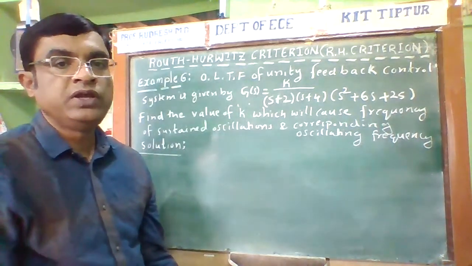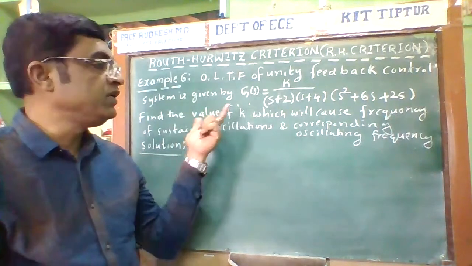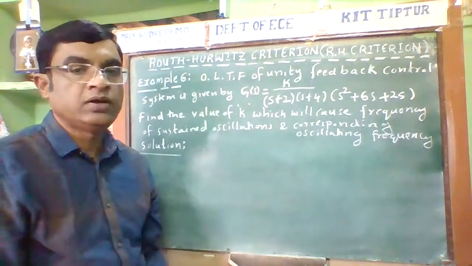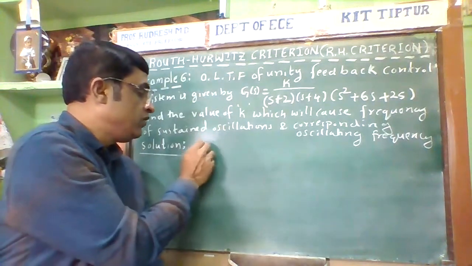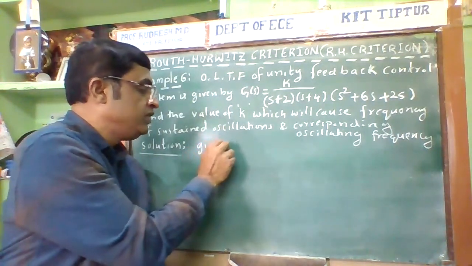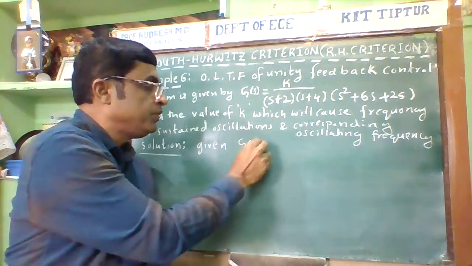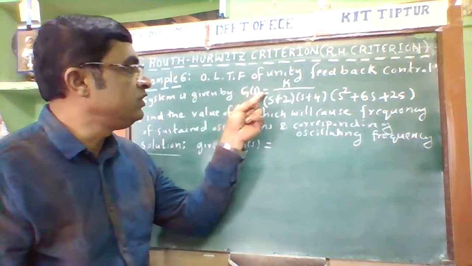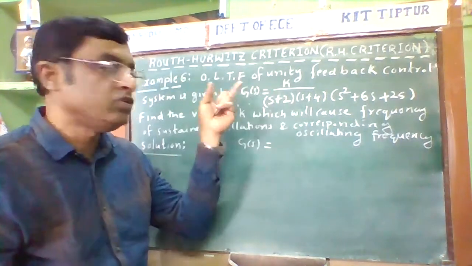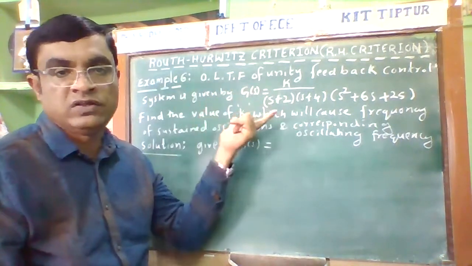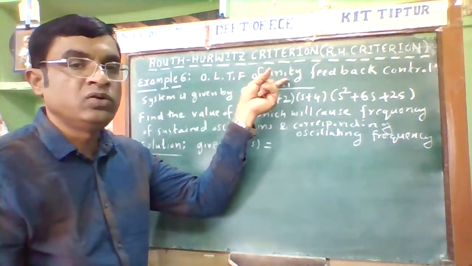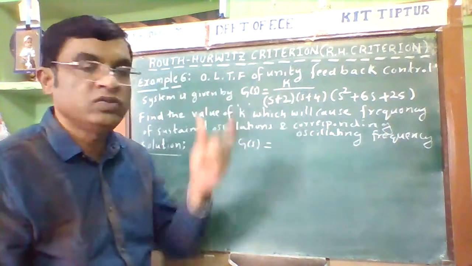So, now here also G of S is given and H of S is given. The open loop transfer function of a unity feedback system is given. Here the given G(S) is the open loop transfer function or feed forward transfer function. G(S) into H(S) is given here. Open loop transfer function means the product of G(S) into H(S). So here H(S) value is unity. Therefore H(S) is equal to 1. Therefore G(S) into H(S) is equal to this.